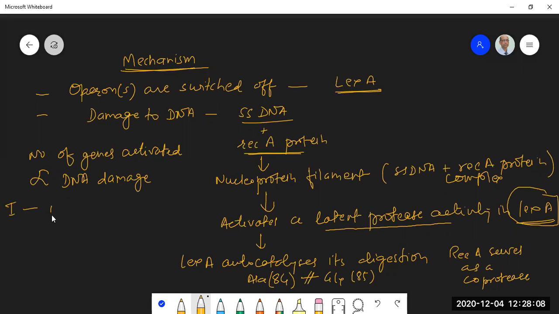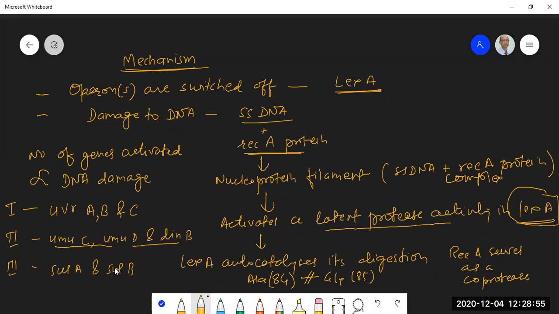The first to be activated are UvrA, B, and C. If the damage is more, then the next ones to be activated are UmuC, UmuD, and DinB. These are the second group of genes which get activated. And if the damage caused to the DNA cannot be repaired by these also, then in stage 3, SulA and SulB